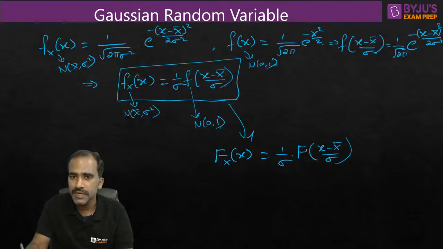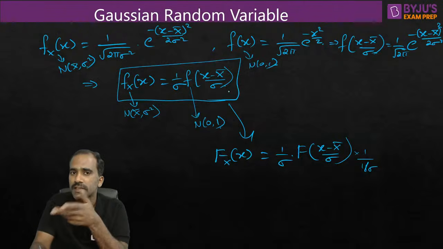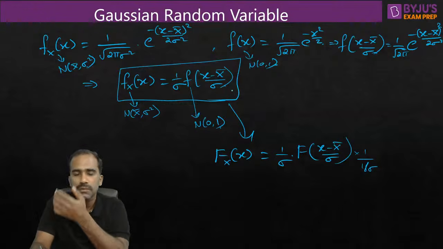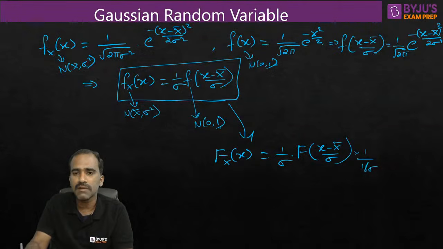This PDF also becomes CDF, but inside, x is divided by sigma. So when you integrate, what happens? In the denominator you'll have 1 by sigma. See this? Because x is divided with sigma, when you integrate, what happens? Integration of x by sigma: that 1 by sigma will be divided, not inside the function. I hope you are well aware of it.